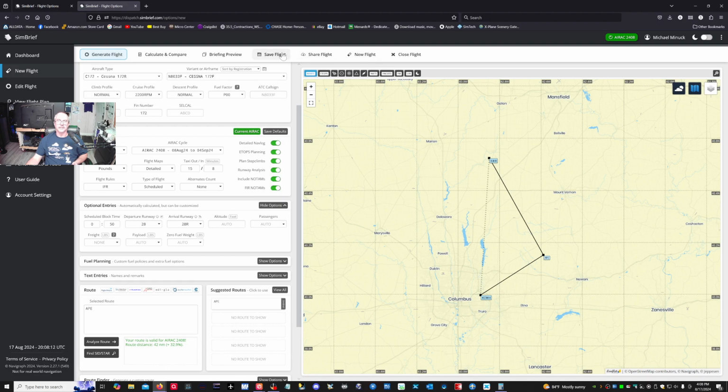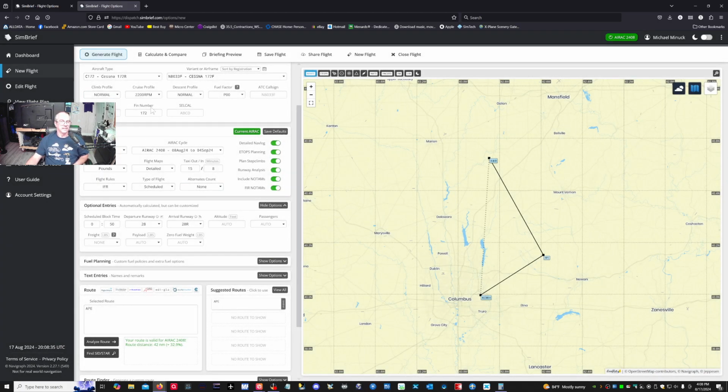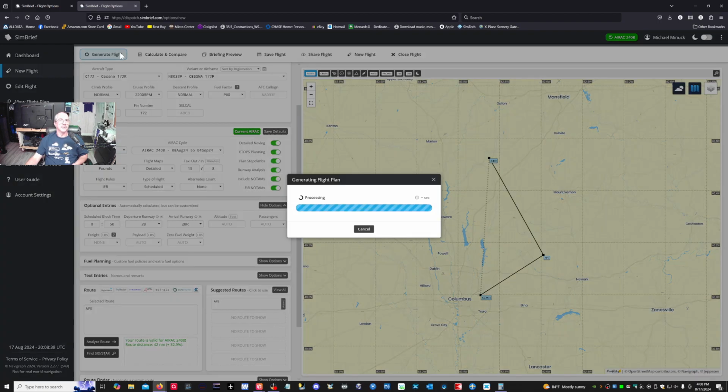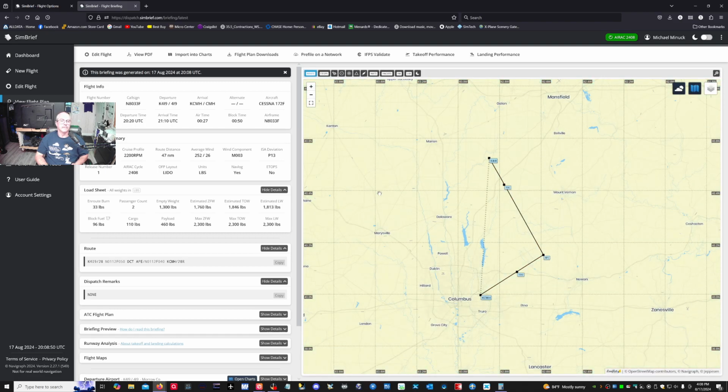Okay, I'm assuming that I do save flight. This feature lets you save the current flight options for easy loading in the future. To generate a flight plan based on these options, please go back and click Generate Flight instead. Well, I'm going to save this just in case I mess that up. Okay. Generate flight. Generating flight plan. Okay, so it looks like